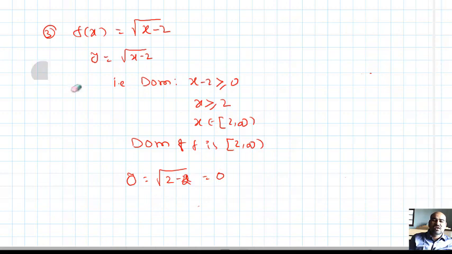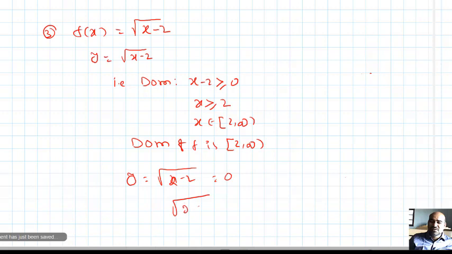Sorry, I wrote it wrong here. It is x minus 2, not 2 minus x. Okay, x minus 2. What is the least x? 2, right? Here 2. What will you get? 0. After that, for 2 point something, minus 2, you get some value, a positive value only. Understood? After that, for 2 point something 4 minus 2, what will you get? That is root 2. That means y is 0 or greater than 0. So I can say that the range is 0 to infinity.